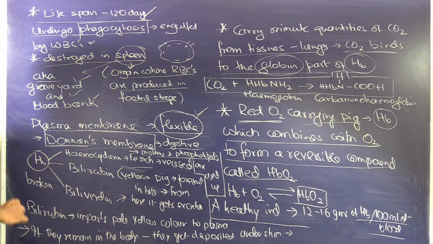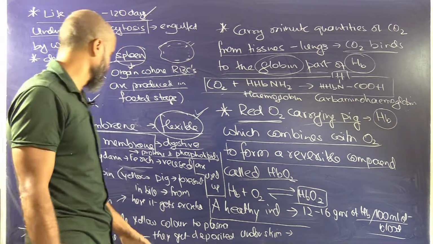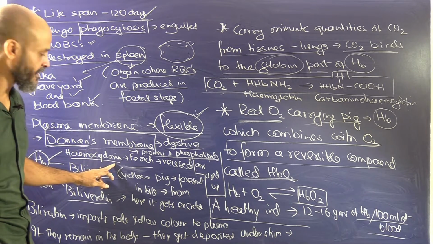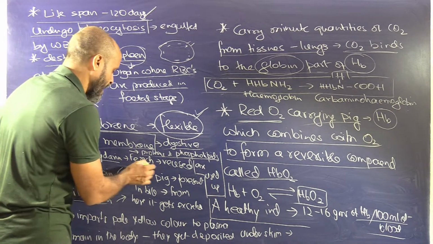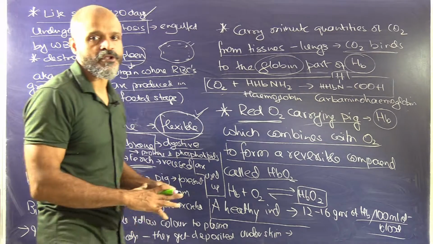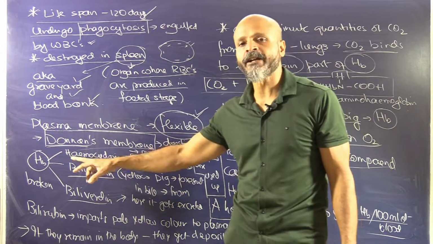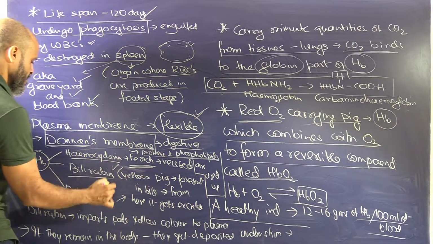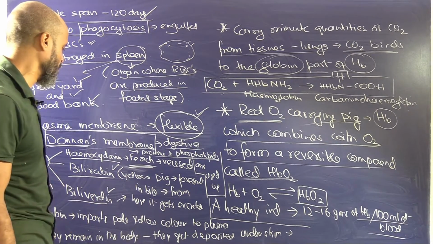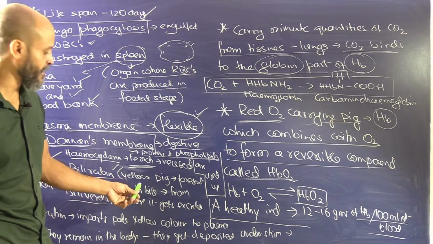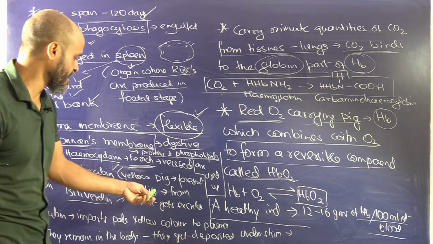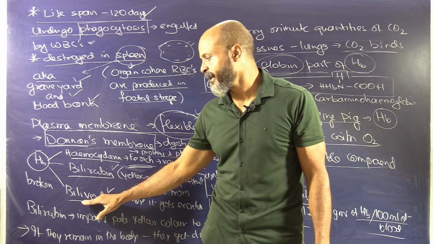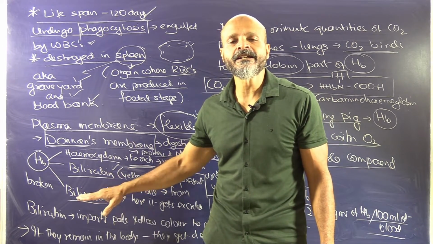Now what happens to the hemoglobin part after the RBCs die? The hemoglobin part is actually broken into 3, that is hemosiderin. Hemosiderin is basically iron rich and it can be reused. Now we have 2 more components which are bilirubin and biliverdin. These are basically yellow pigments and they are present in bile, and from there they are excreted.